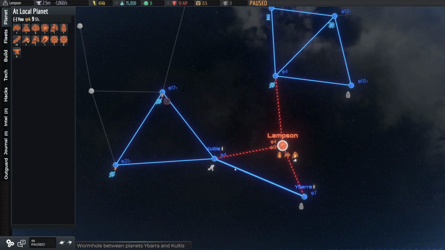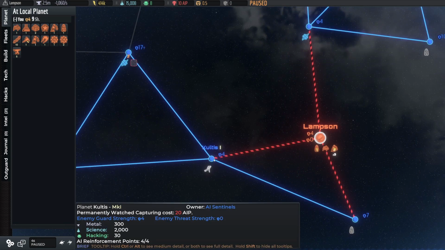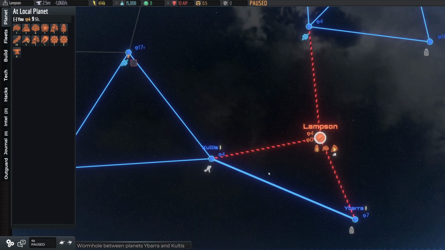The next thing to consider is the strength. We're going to build our fleet up. So I know it's only 4, but we'll be able to beat this one easily. The guard strength is 4. Threat strength, I think, is when they've got a mobile fleet that might come to you from there. So they've got a strength of 4 defending this thing. The other thing to consider...